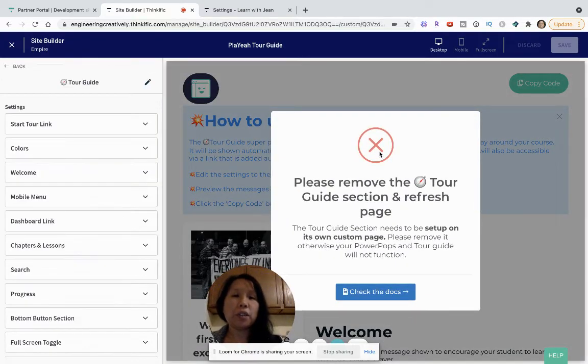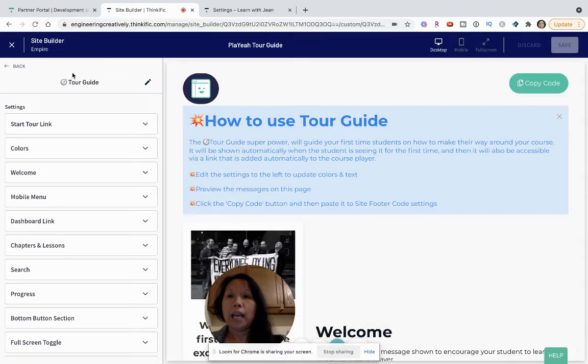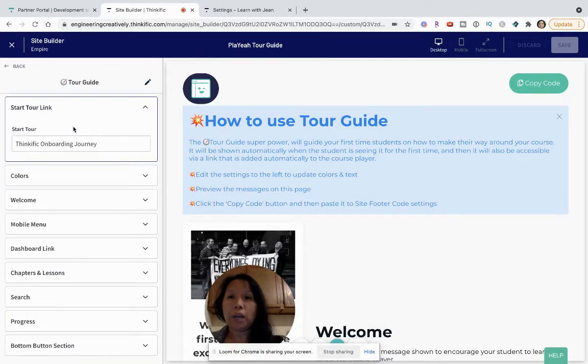up. And just so you know, this is something that is a bug that's right now in the plaYeah Power-Up. So as long as you see this, just know that it's a temporary bug and it's okay. If you refresh your page, then that warning disappears. So I'm going to refresh my page just so that the warning message disappears. And then now I want to show you some of the different things that I did that I think would